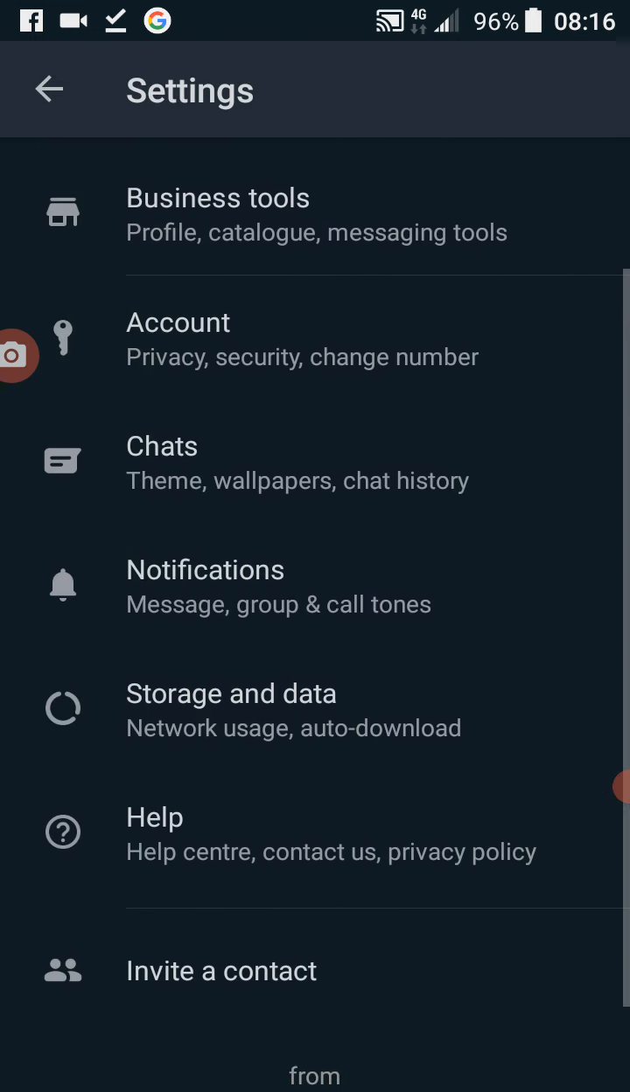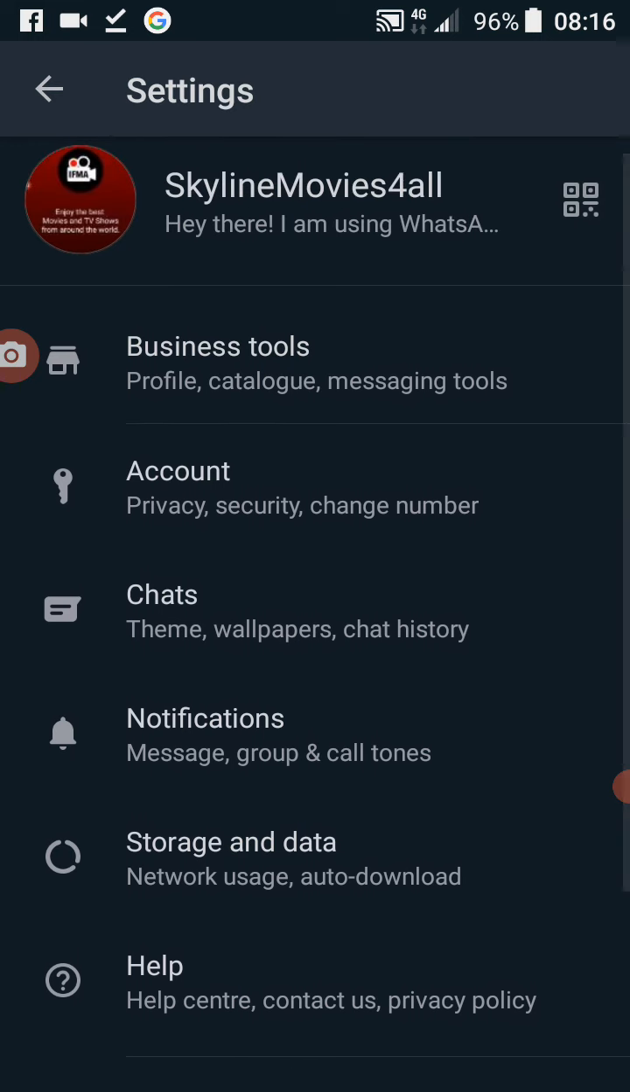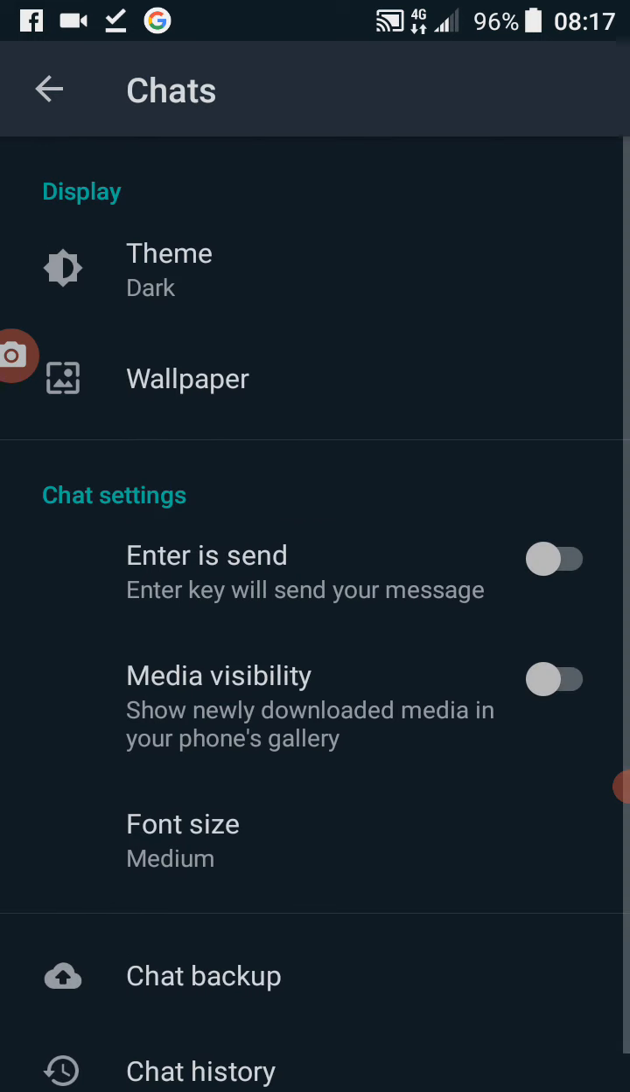Once you get to your settings, you go to chats. Once you get on chats, you can see chat settings. This chat settings, enter is send, you don't need to touch that. Media visibility. If your media visibility is on, that's automatically when